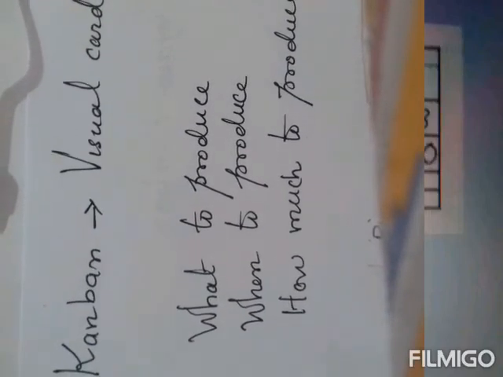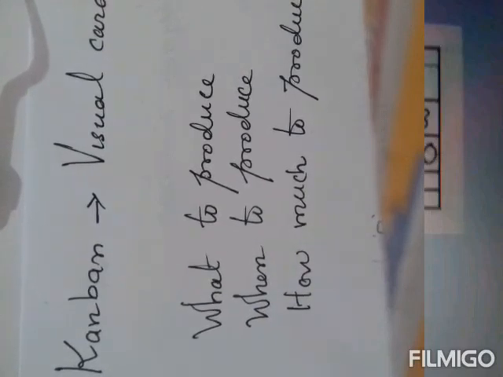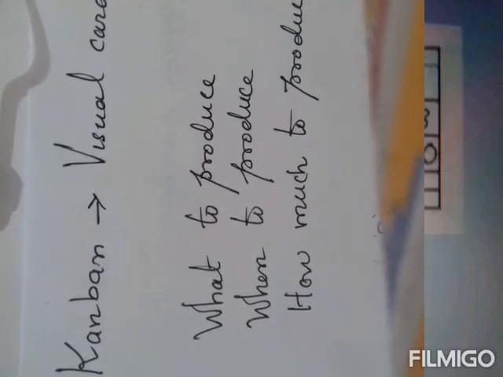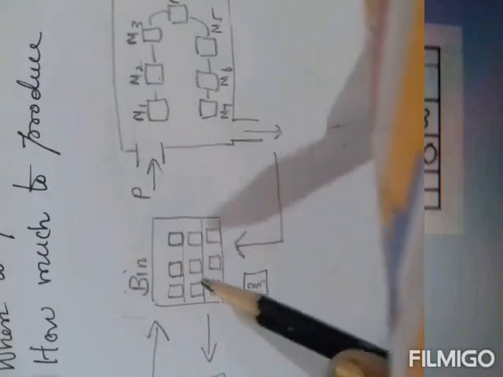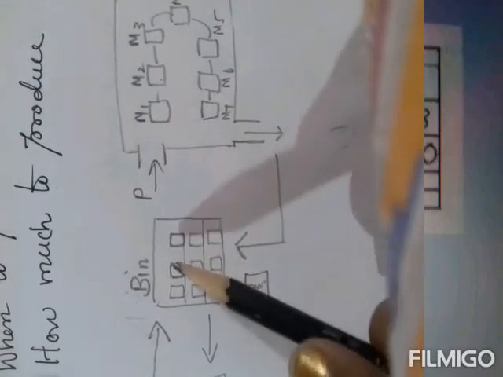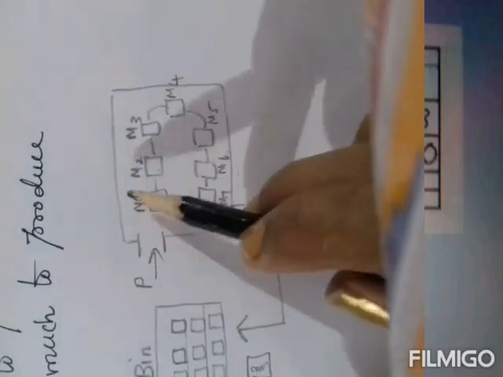So Kanban is used as an indicator of demand that is immediately signaled to the whole of the supply chain. Okay, I'll show you an example. Say this is the bin, and here a lot of raw materials are there, and this is the plant area. You know what cellular manufacturing is. It's a U-shape of machines, and persons will sit here and do all the processes here.